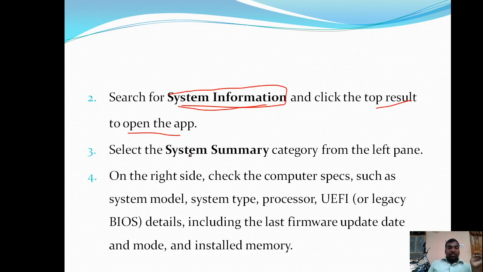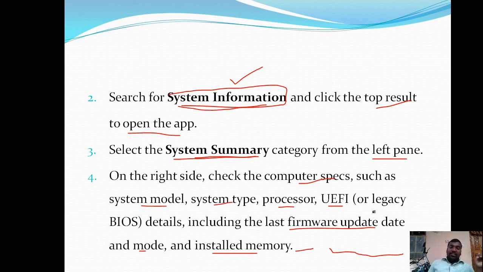Then you are going to get the System Summary category in the left panel. After opening System Information, in the left panel select System Summary. Then on the right side, check the computer specifications such as system model, system type, processor details, UEFI BIOS details, the latest firmware update date and mode, the installed memory, graphic display details, network card details, graphic card details.